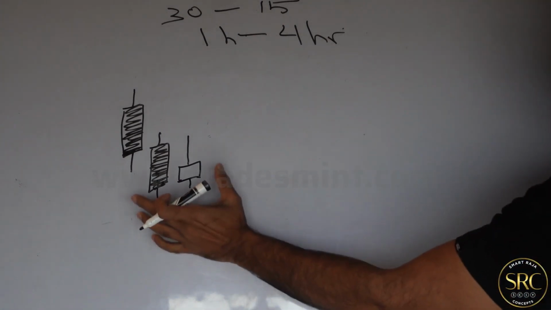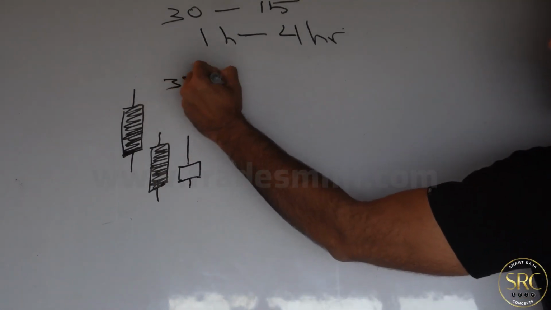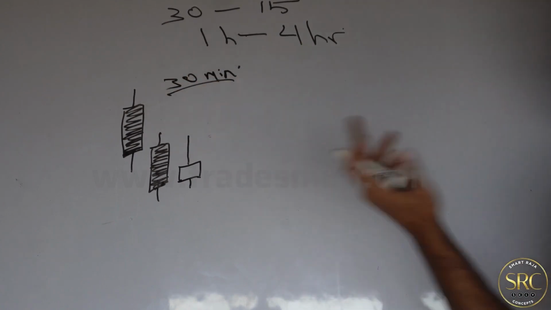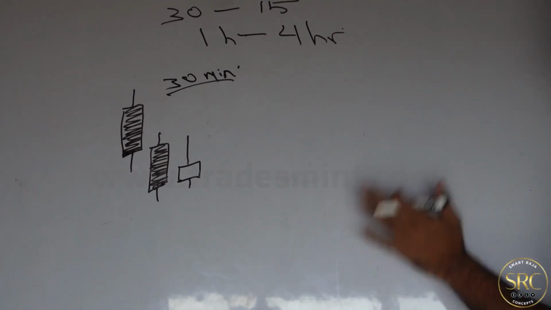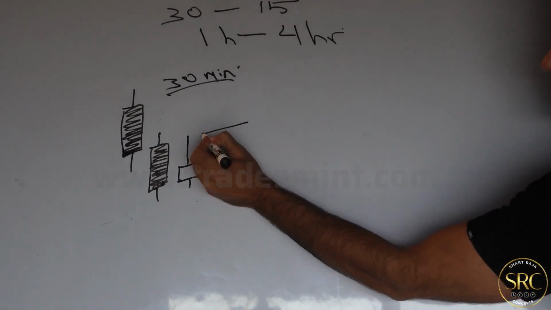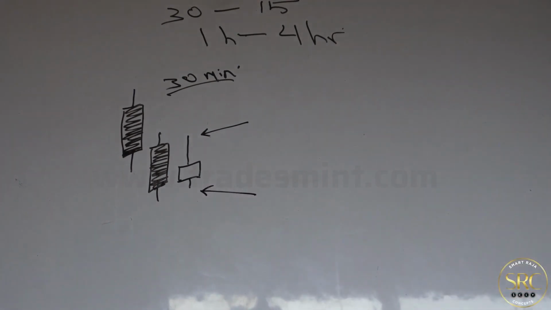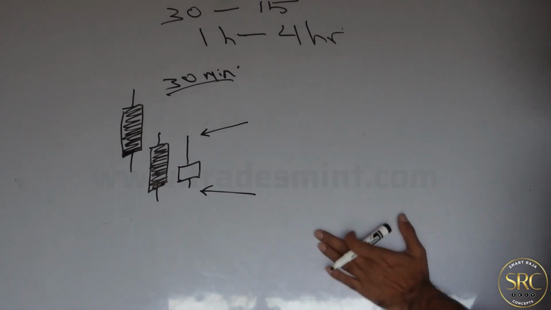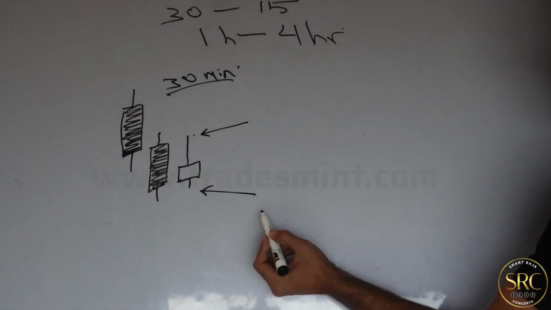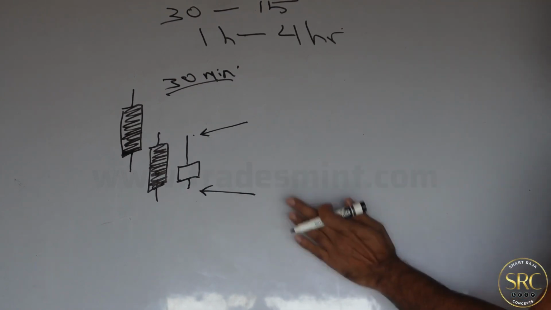Now, let's say you have a situation like this, right? You have a potential support formed, and let's say this is a 30-minute time frame, excuse the writing, and you have a candle closing like this. Normally, when I look at this, I'm thinking, as long as the new candle respects this high, and once it breaks this low, okay, now back to business, right? So now let's say the new candle respects this high, but once it starts to break this low,